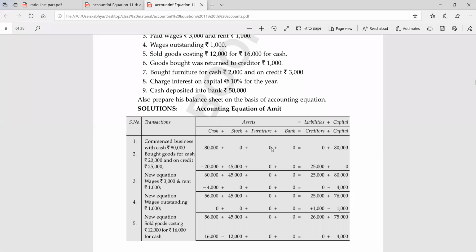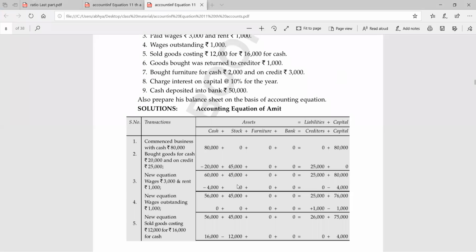So again, the new equation we have to make 80,000 minus 20,000, which is equal to 60,000. It means after this transaction, we are having cash balance of rupees 60,000. Okay. Then second is